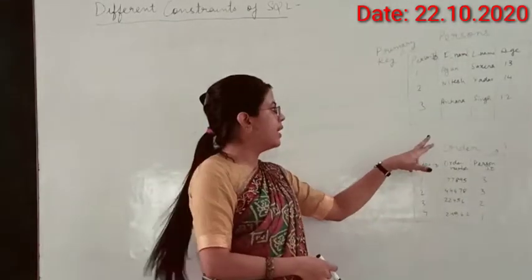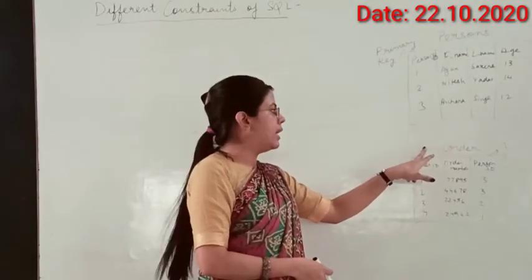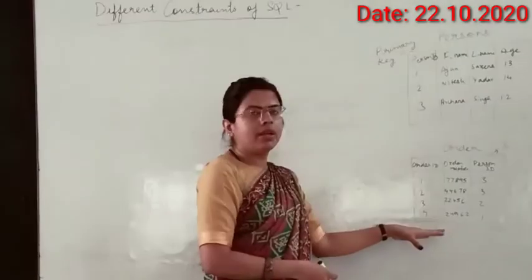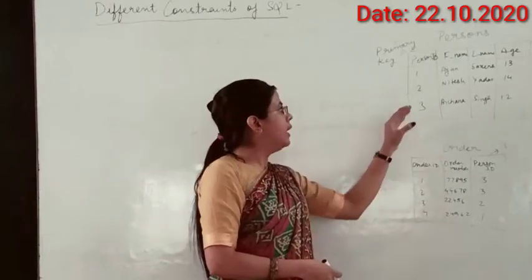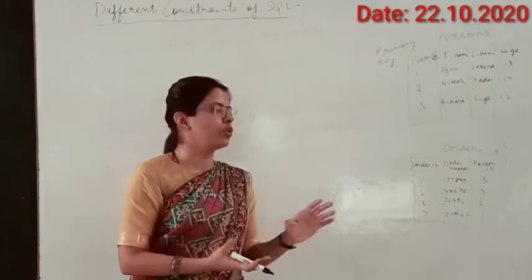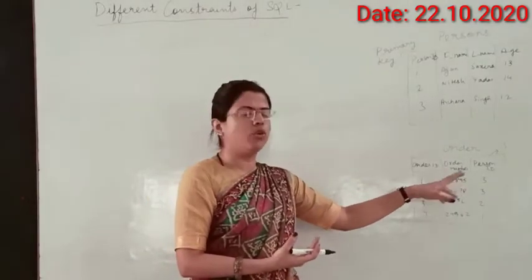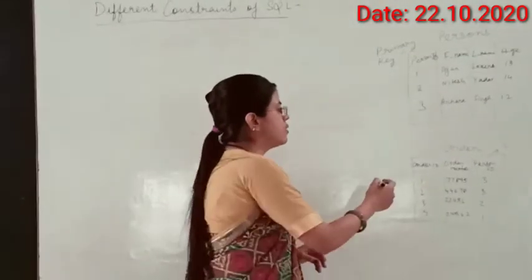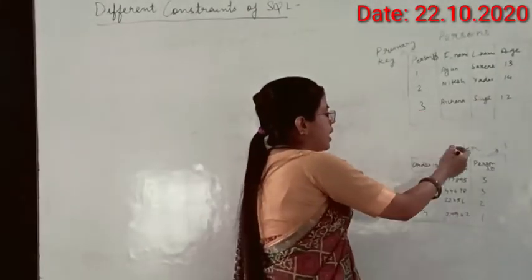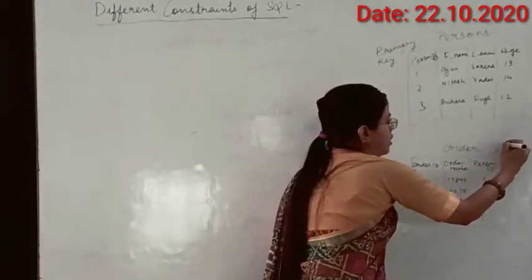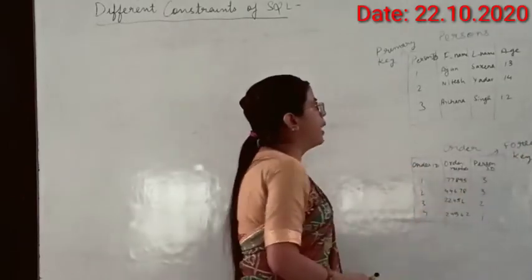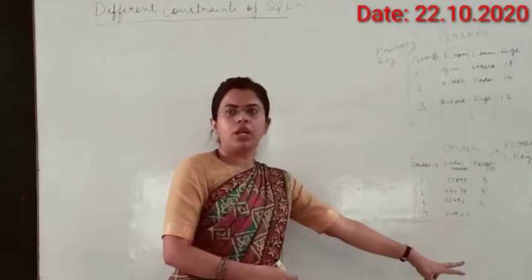Alright, and then there is a second table which is order table, and in this I am going to show you the person ID will be added here as a foreign key field, and these persons have ordered a few products, so they have their order ID and order number. You can add the product details also if you want. So this person ID which I have used from the person's table, as the person ID is same, this will be used as a foreign key. So the primary key of one table becomes a foreign key of another table.